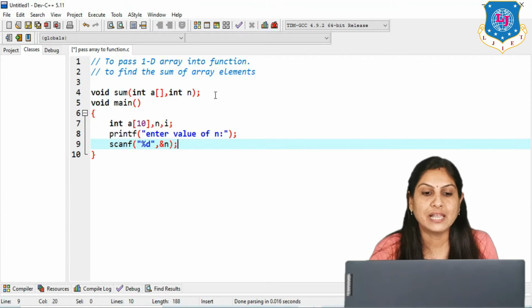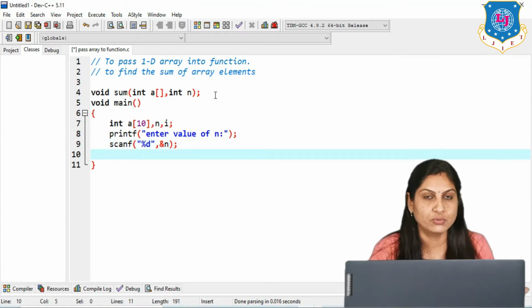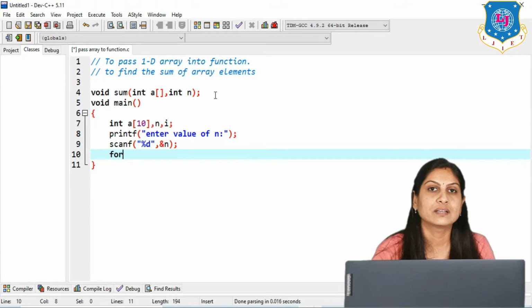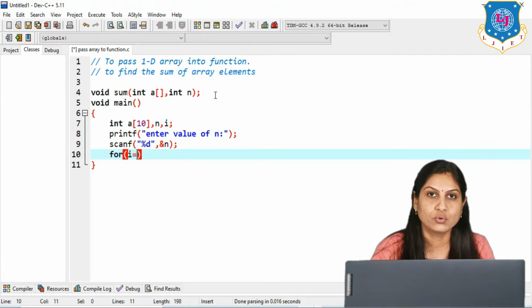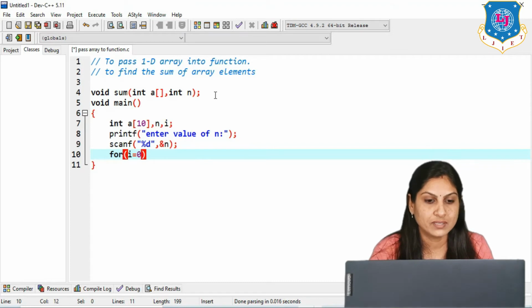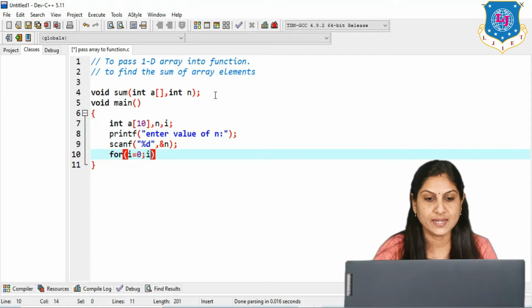According to the value of n, our for loop continues. Suppose my n is 3, then the for loop continues 3 times. Obviously we need the for loop when you are using the concept of array, and the loop always starts with 0 because the array index starts with 0. So i equals 0, then the condition i less than n, and then i plus plus.